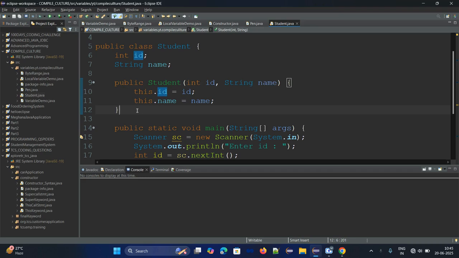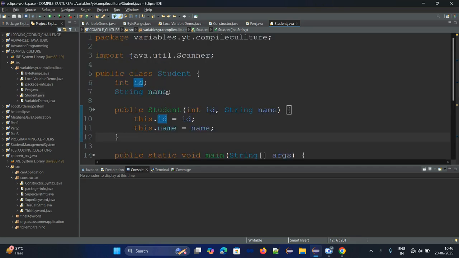That's why we call it a non-static initializer. And the constructor name must be the same as the class name. This is the second rule. What is our class name here? Student, right? The constructor name should also be the same as our class name.